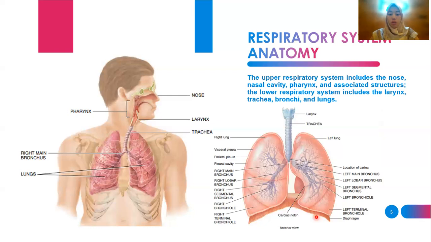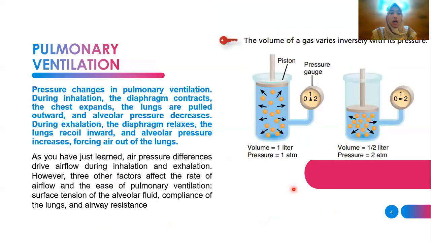Each bronchopulmonary segment consists of lobules, which contain lymphatics, arterioles, venules, terminal bronchioles, respiratory bronchioles, alveolar ducts, alveolar sacs, and alveoli. Alveolar walls consist of type 1 alveolar cells, type 2 alveolar cells, and associated alveolar macrophages. Gas exchange occurs across the respiratory membranes. And so the second section is pulmonary ventilation.